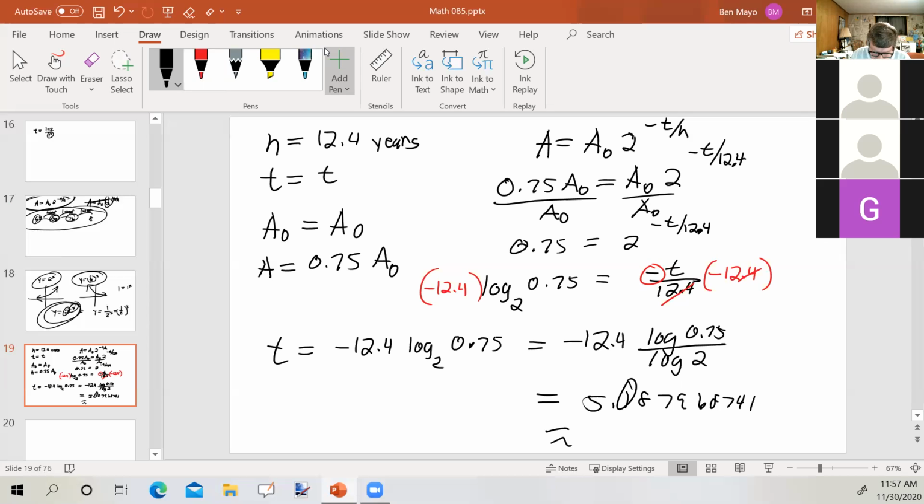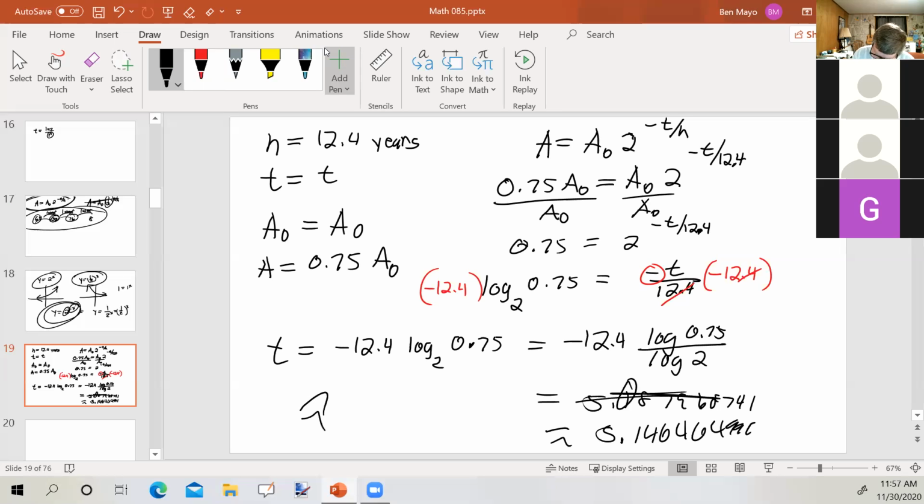Okay, what did I do wrong here? Oh, I see what I did wrong. I put 12.4 in instead of 12.5. That's what I get for not looking closely enough. So this should be negative or